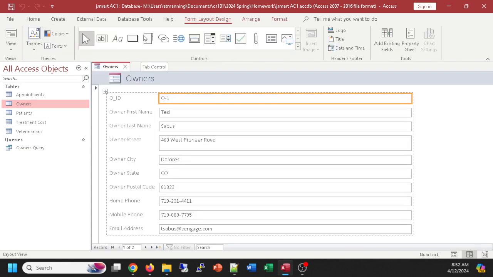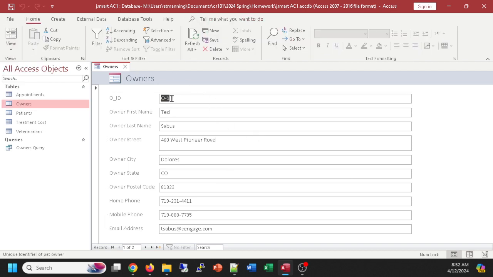And without asking me, going through a wizard or anything, it creates a form that lets me view in a slightly more expanded way the information about each owner in my owners table. And now, after we've created the form, let's click on View, and let's view it as a form view, not as layout view. And I have my first owner listed in an expanded, I'd say sort of slightly more user-friendly